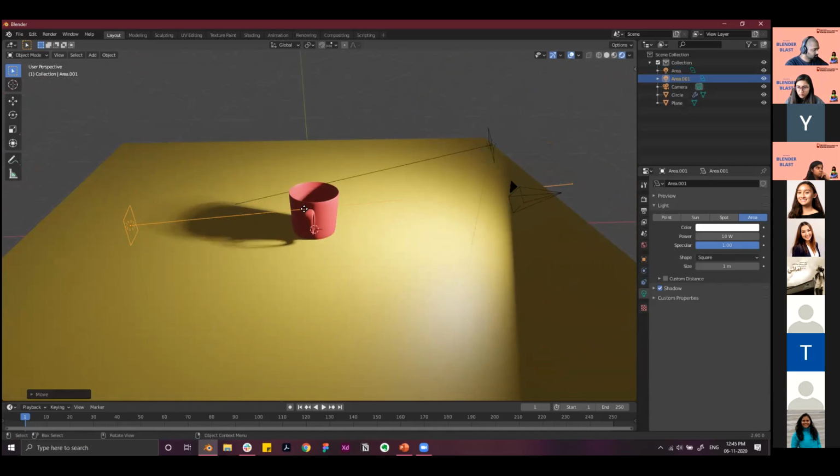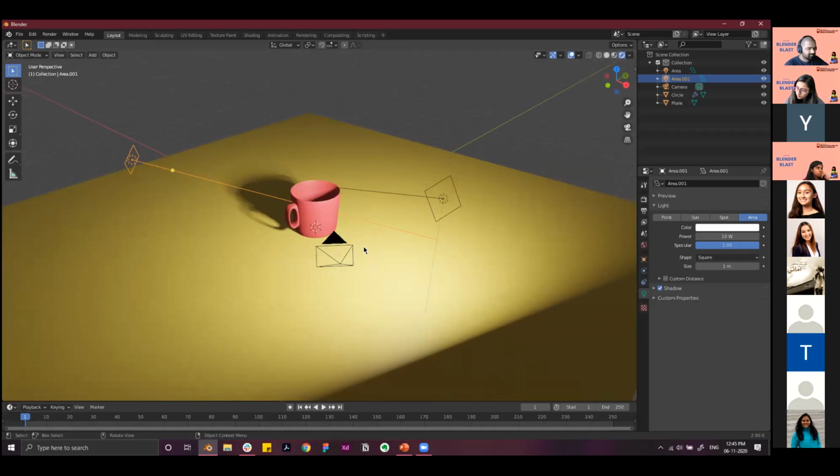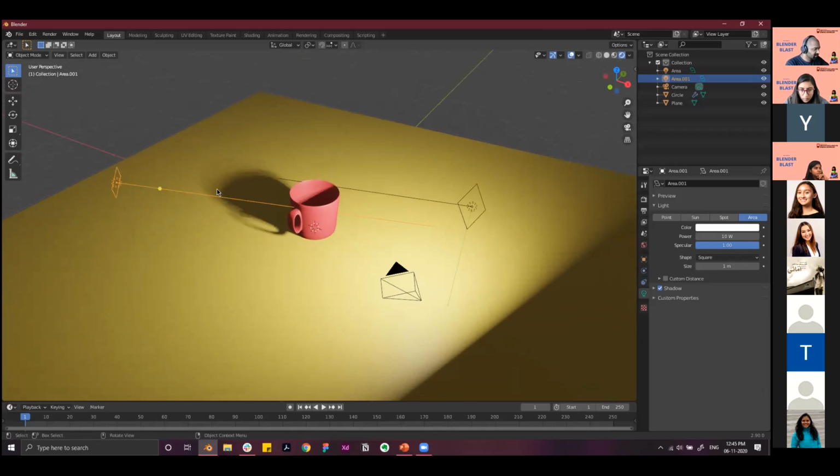The way you have your lighting in rendering is by having a three-point light source. You have a key light, which is the main light source. Then you have a fill light, which is to illuminate the room. And then you have a backlight. But we won't go into that much detail, though that's something you can explore later on.